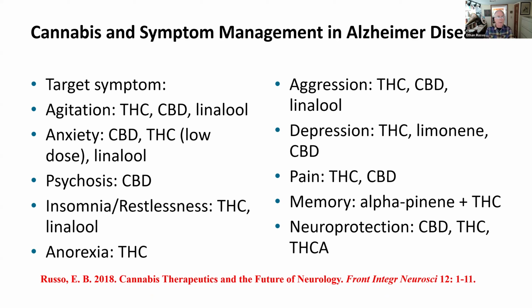Well, if we look at the different target symptoms, agitation, anxiety, psychotic behavior, insomnia and restlessness, and loss of appetite, there are various cannabis components that may address these and reduce the symptom burden. And you see these listed here. Certainly aggression is markedly reduced according to the anecdotal information, and any of these components, THC, CBD, or linalool,